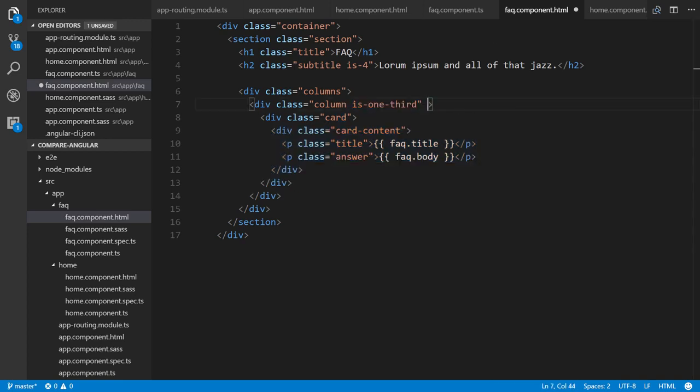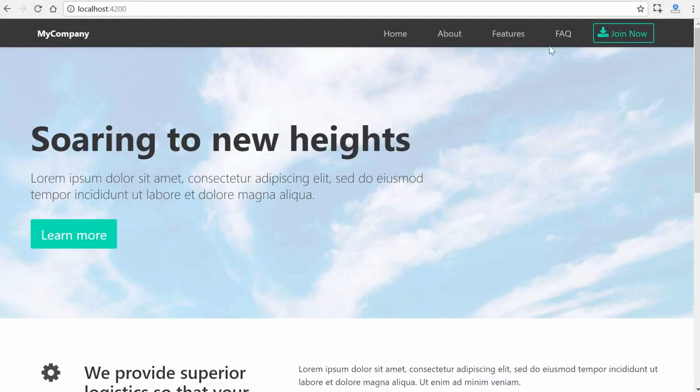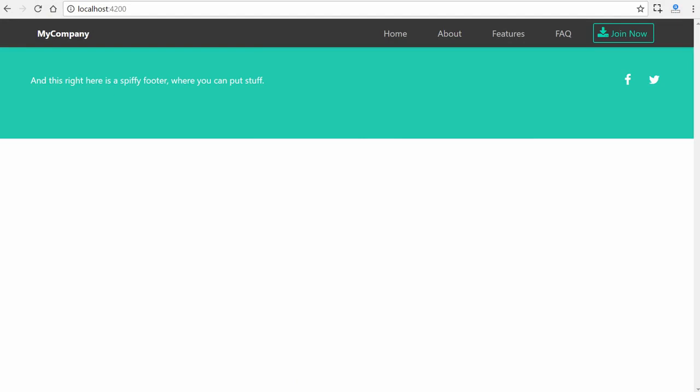All right, so starting at this second div class, what we do is add an asterisk ngFor equals, and we specify let fact of facts. And facts is the property that our response is mapped to. And then we reference fact.title and body right here. So if we save this